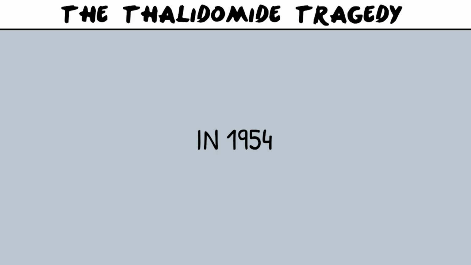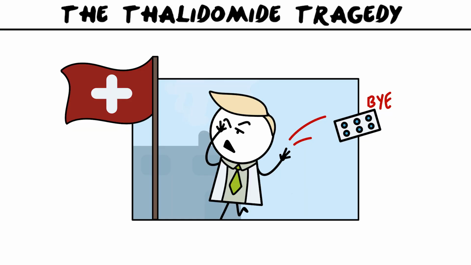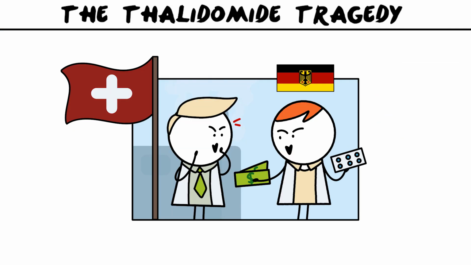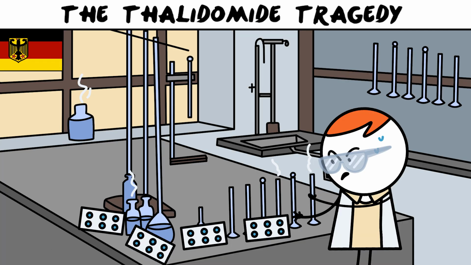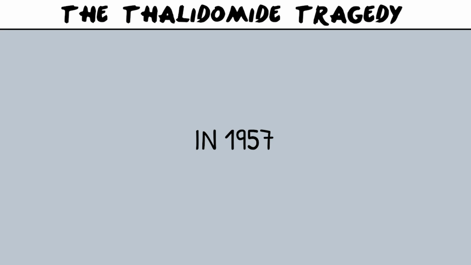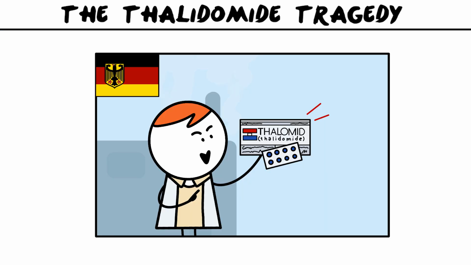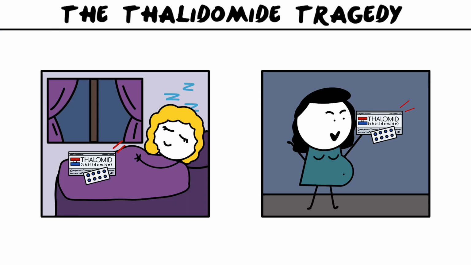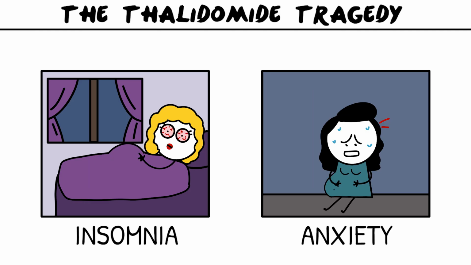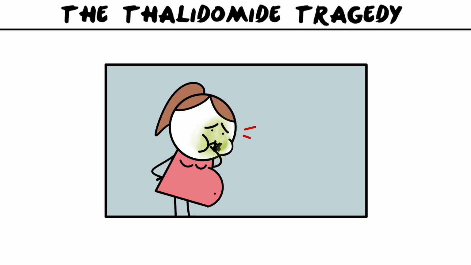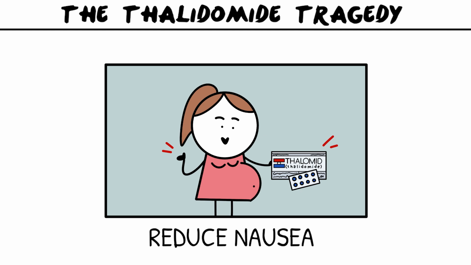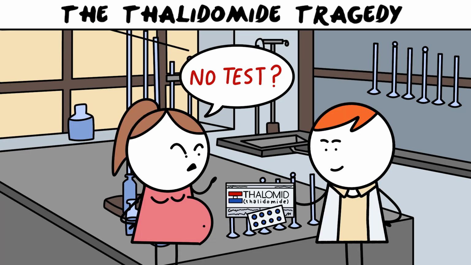In 1954, the company stopped its development, but later the drug was acquired by a West German pharmaceutical company, which continued the development process. In 1957, thalidomide entered the market and was introduced as a medication for treating anxiety and insomnia. It was also prescribed to help reduce nausea during pregnancy, even though it had not been adequately tested on